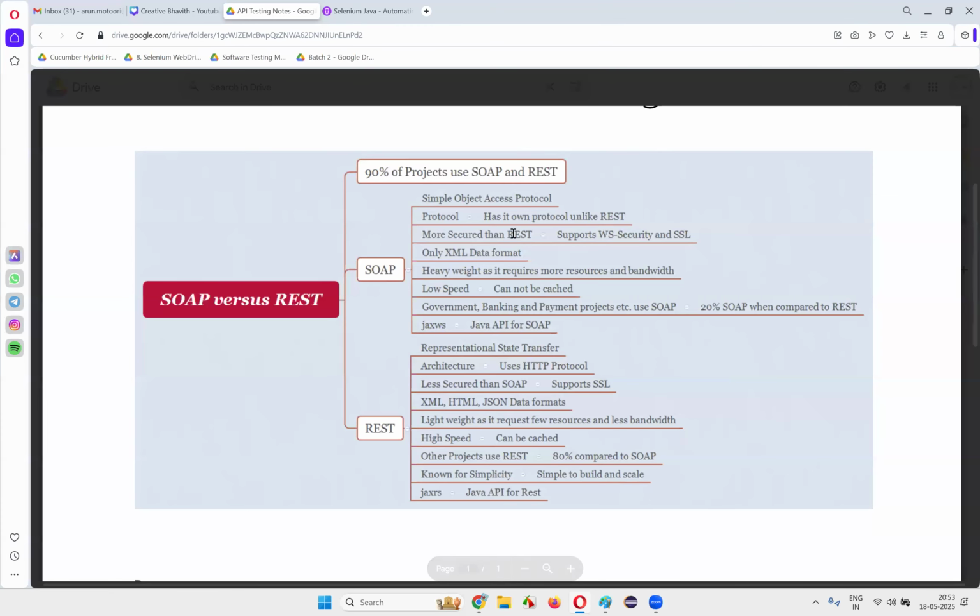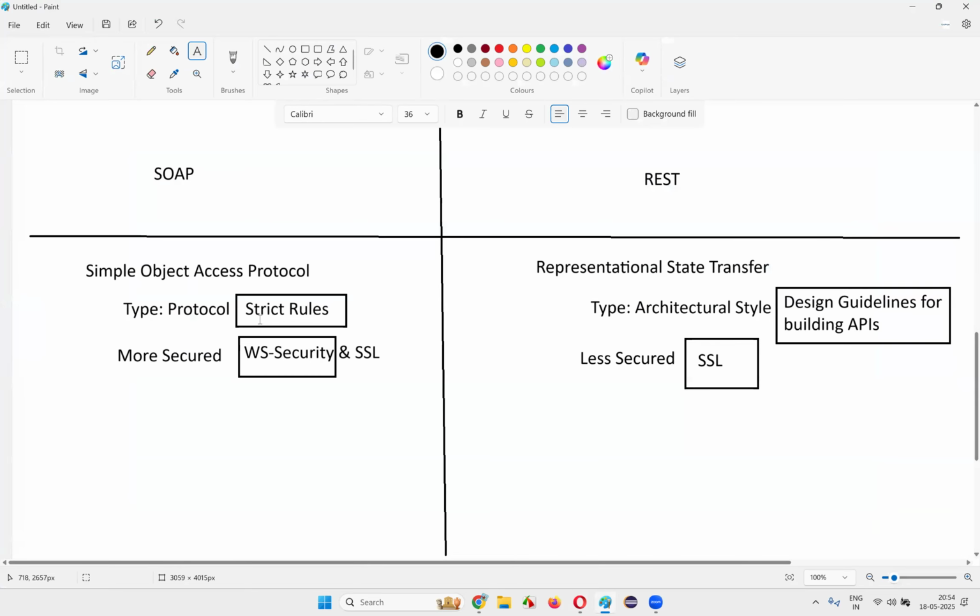Okay, more secure than REST and less secure than SOAP. Comparatively, REST is less secure. It's not like REST is not secured. REST is less secure than SOAP only because SOAP has both WS-Security and SSL, while here only SSL is there. Now, the next comparison that you need to have when I compare SOAP and REST is, okay, this